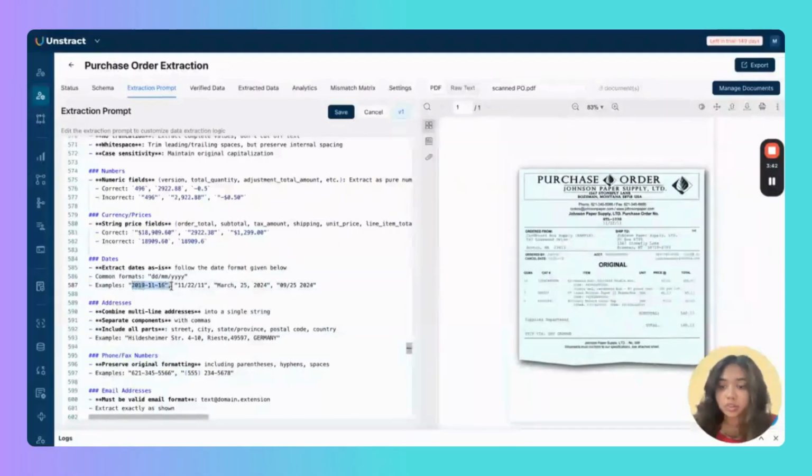So I'm going to remove this and this. And probably enter another example value. So this is basically how I can make changes to the prompt.